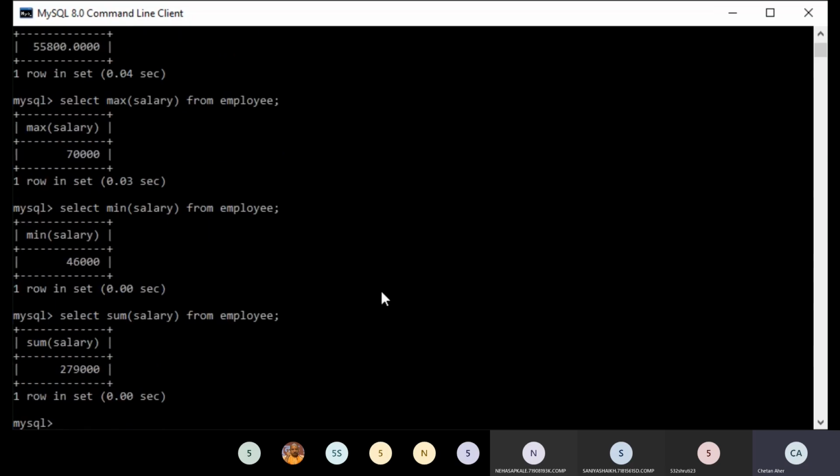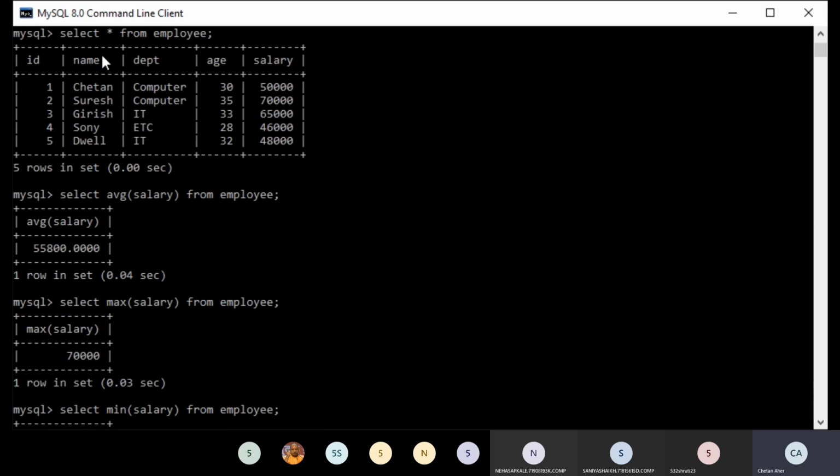But if you want to use a where clause, you can add where. How the where clause works, we have already seen, where you can give it department wise. As you know, there is a computer department.